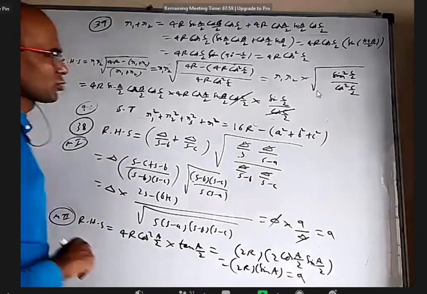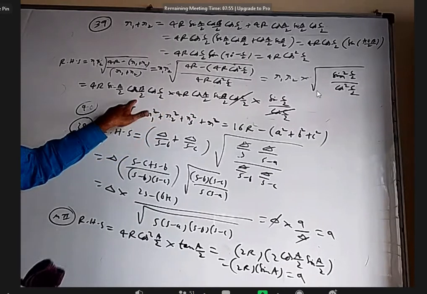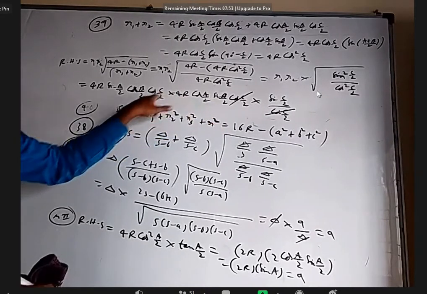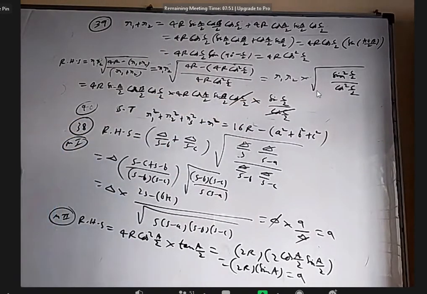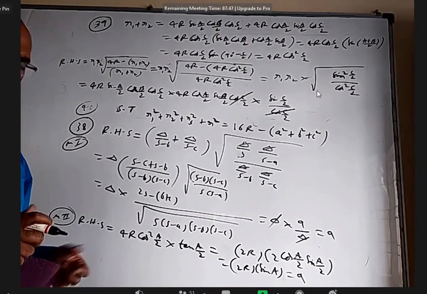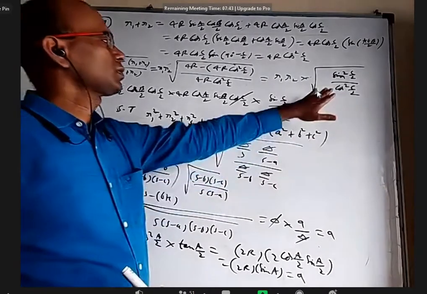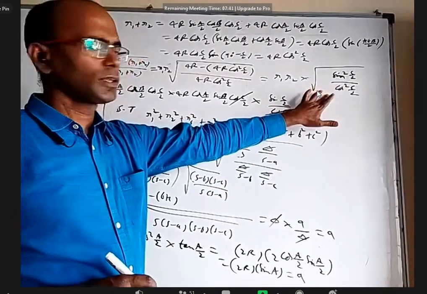Okay, I think now I can use the sine rule. Sin A by 2, cos A by 2 is there, that will give sin A. Cos B by 2, sin B by 2 will give sin B, and cos C by 2, sin C by 2 will give sin C. So 2 R square sin A sin B sin C I can use. Maybe I can do something else also, where this is tan C by 2.